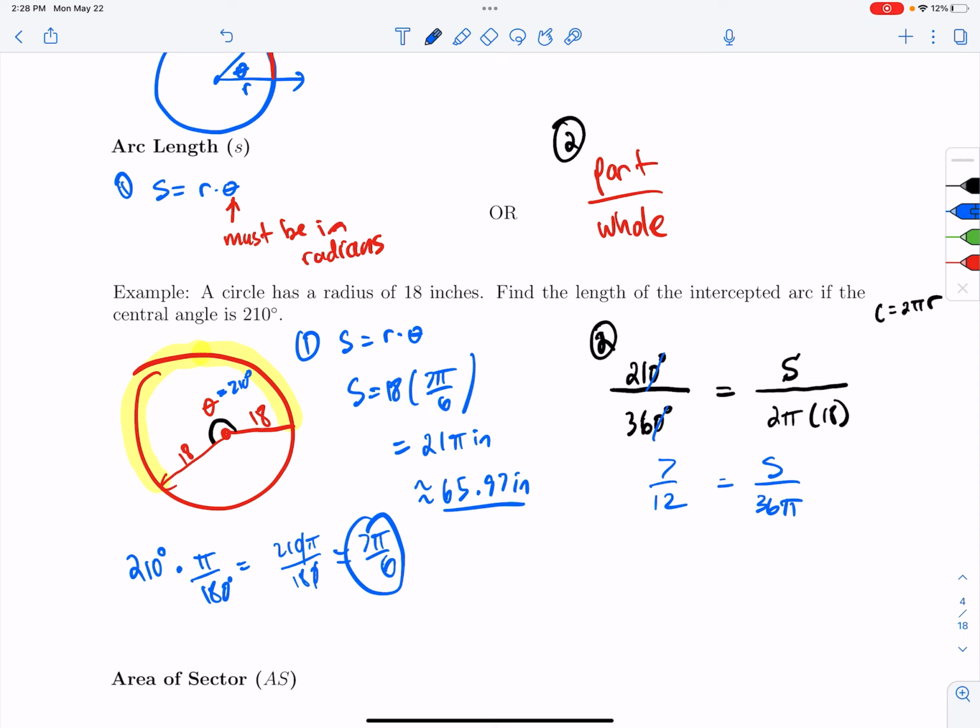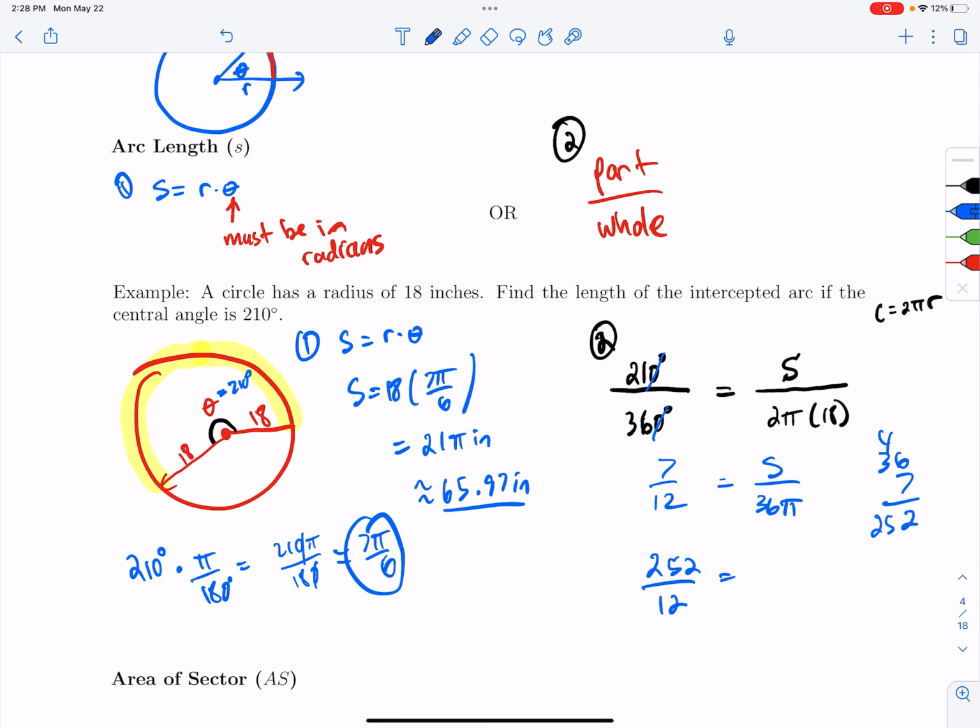And then I just cross multiply and divide. So 36 times 7. I don't know what that is off the top of my head. Let's see if I have a calculator. Actually, I'll just do that over here. 36 times 7. That's 21, 25, 252